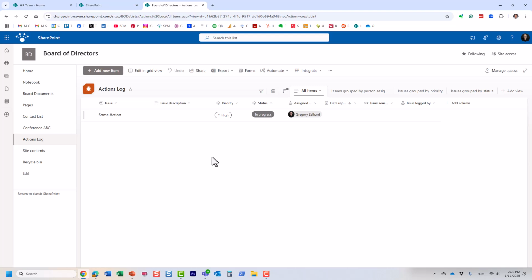But the beauty about this method is that it's the other way around. You don't need to create your own columns. You start with a template and clean it up. As you can see, it took me just maybe a minute or so to get this going, and we have an actions log ready